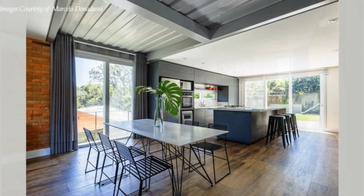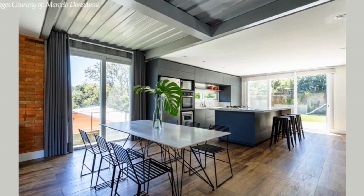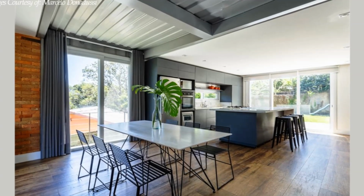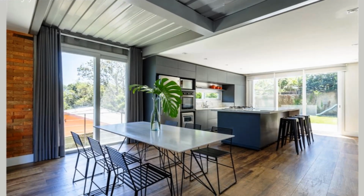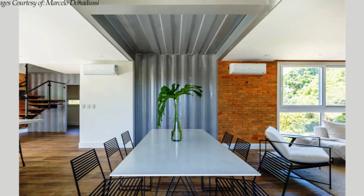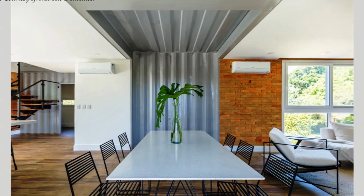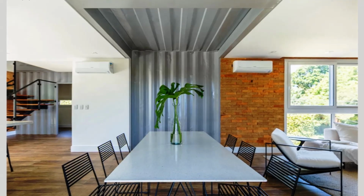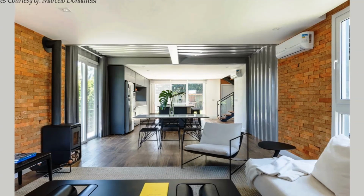A lovely dining area with a nice dining table for 6 next to the chef's quality kitchen occupies the middle section of the living space. Above the dining area, the corrugated container ceiling is exposed and painted in a shade of gray to define the dining area. The full-height glass doors from the indoor dining space opens onto a spacious outdoor deck, ideal for lounging